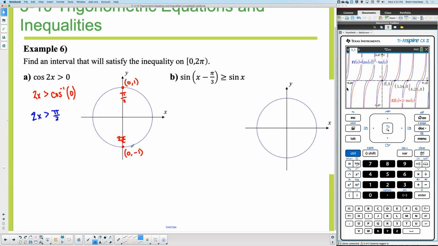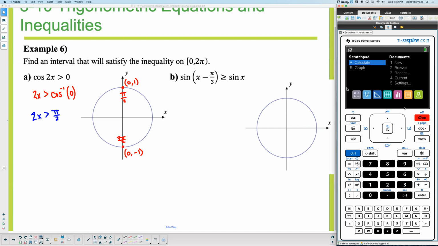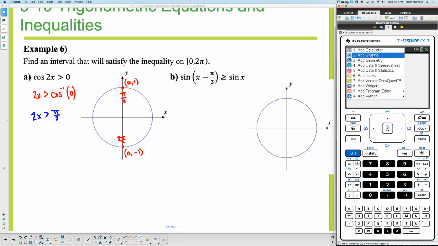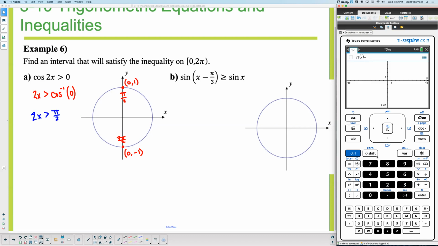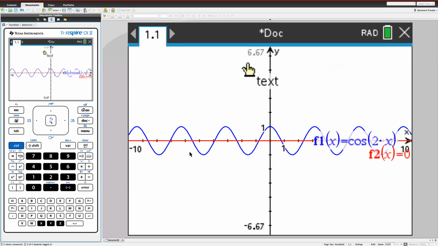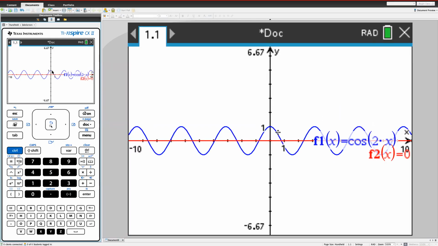And now for this second answer, because we're going to come all the way around, we're going to find out that it has to be in between 3 pi over 2. And I'm going to show you this visually. So I'm going to go to my graph real quick just to show you this. This would be easier to show you on like a Desmos, but I'm going to show you here for now. If I graph cosine 2x, and I want to know specifically where it's greater than 0. Let me blow this up so you can see a little better. I can see that it's greater than 0